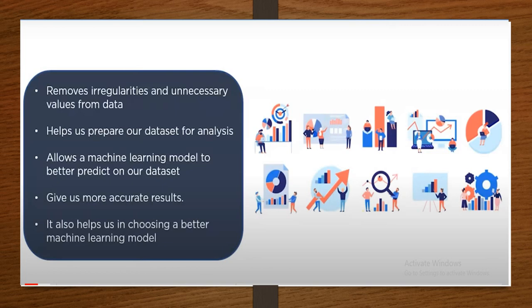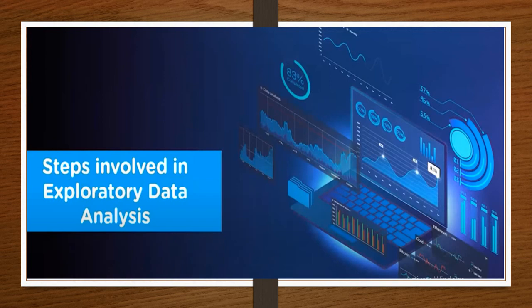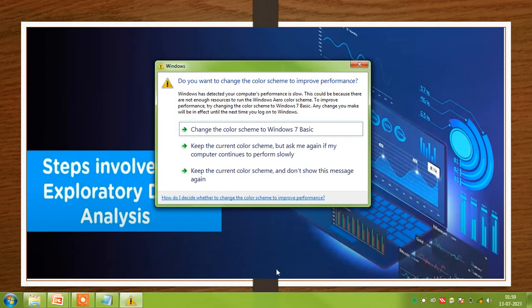It is going to help us prepare our data sets for analysis so that we can quickly identify what exactly we want. It is going to allow the machine learning model to better predict on our data set because we are training a machine to understand our data set and give us insights. It is going to give me more accurate results. It is going to help me choose better machine learning models. Okay, so this is about EDA. Let me see what are the steps involved in